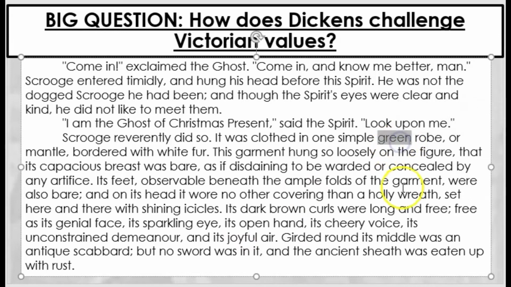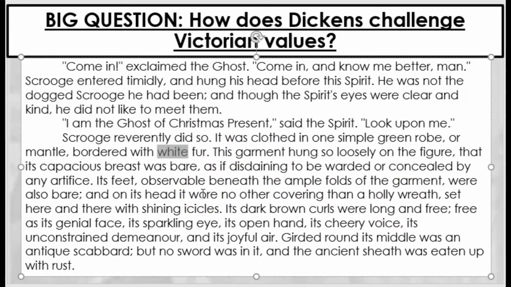Interestingly, we get some nice use of color here. So the green robe of the spirit represents this idea of nature. It's quite symbolic. So the idea of nature and its life-giving properties, food and fruit and what have you, are all kind of represented here in the symbolism of the color green. On top of that, it has a collar of fur made out of this white material.